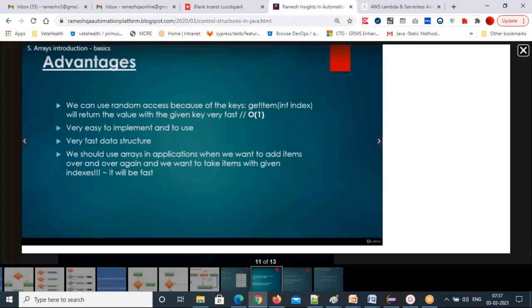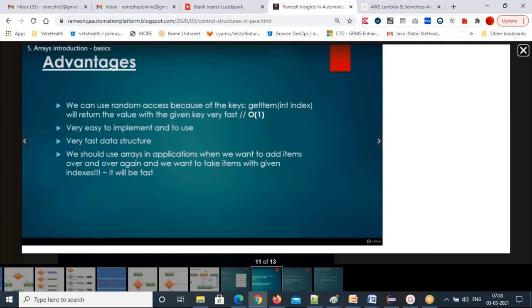The advantage of an array is that we can use random access because of the keys, because of the index. Because of indexes, you can access any array element randomly wherever you want. Second, it is very easy to implement and use, and it is a very fast data structure.